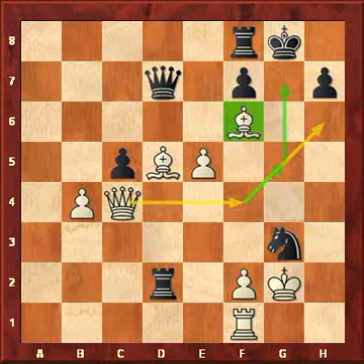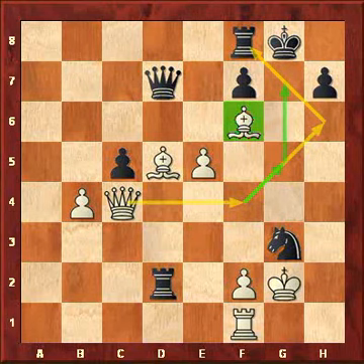As I already mentioned, queen h6 is the forcing move, as it also cuts the king's escape